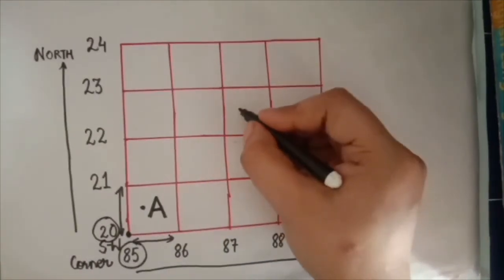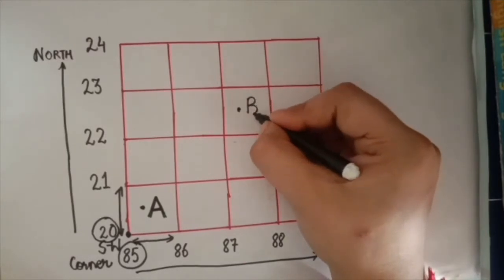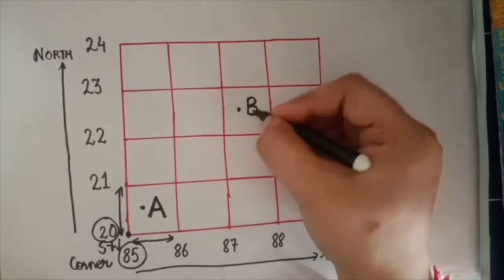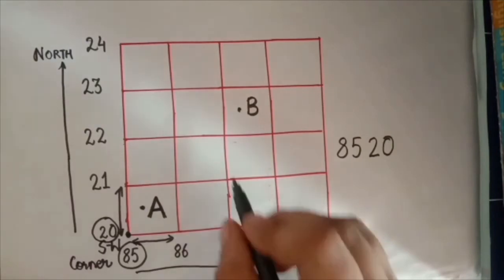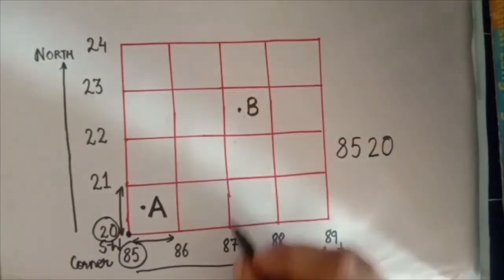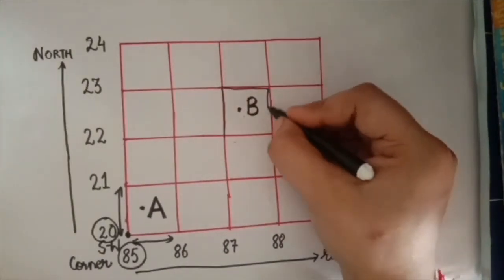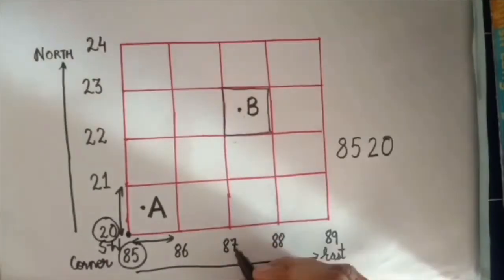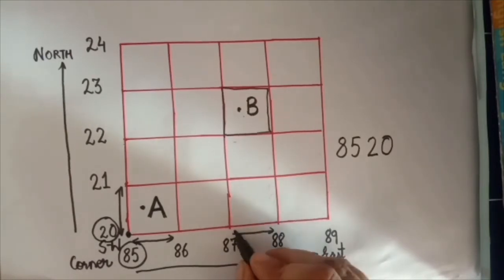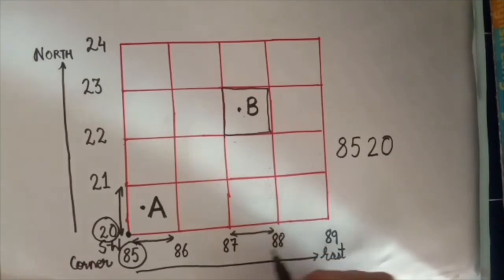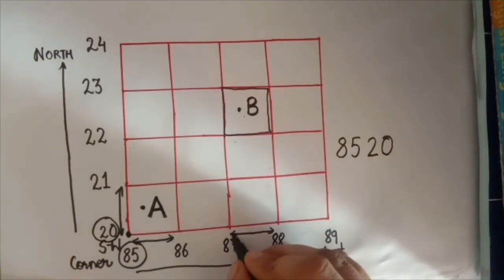Similarly, now let us find out the location of this place B on the same map. First we will look for its easting. Between which two eastings does place B lie? Let us see its grid first. This is its grid. We can see that it lies between the eastings 8,7 and 8,8. So, which is the lower value towards the southwest corner? That is 8,7.